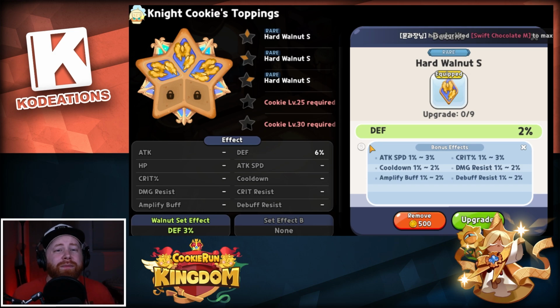But once you get to that point and you're grinding out the game and you want to know what substats to focus on, or maybe you have already pumped your hand into a lot of different toppings just trying to test them out, and you've unlocked a couple substats and you're not really sure which one to use, I would highly recommend that you focus on damage resistance as the number one substat. The number two substat when it comes to defenders in the game is going to be the debuff resistance, because cookies like Night Cookie or Milk Cookie, both of them having a taunt ability,